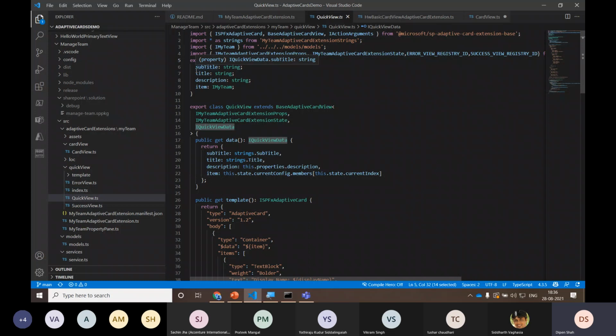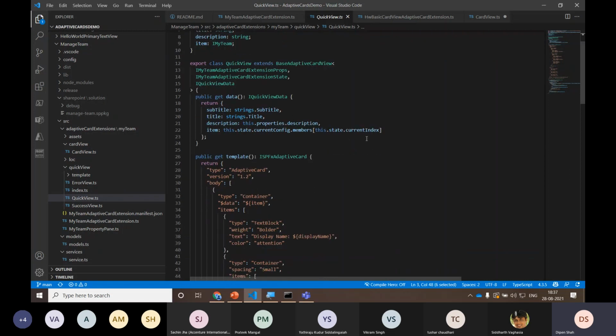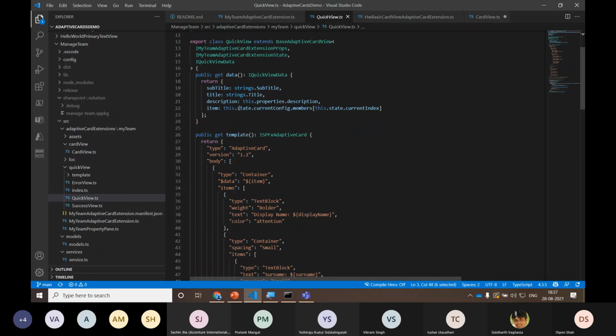So I have added one more property called item, which is registered into the model. And I am setting the item value over here, that is, which index is selected in my state, and for that item I need to display the detailed information of that member in this JSON format.